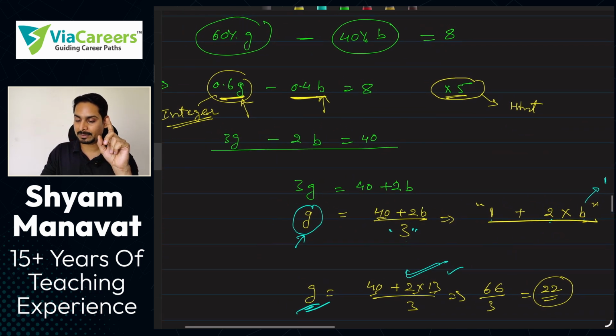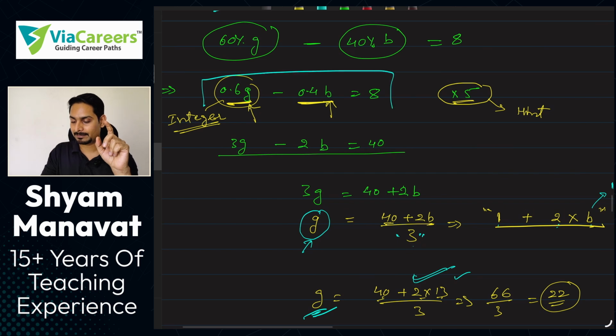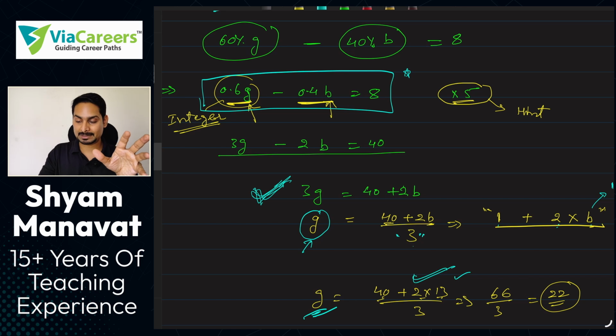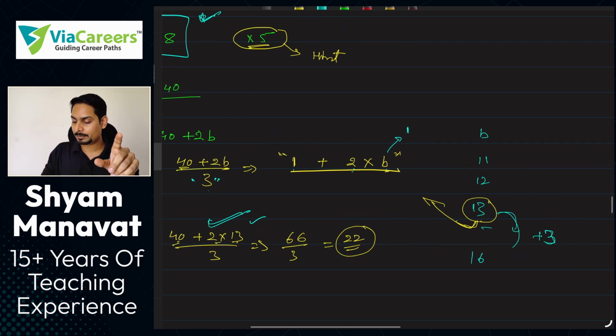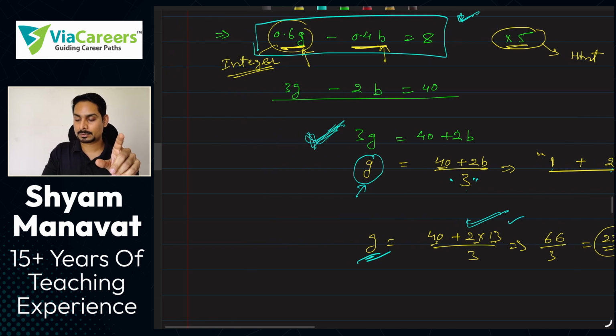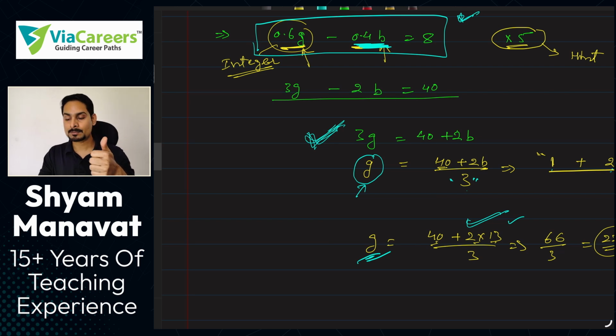Now we also have to take this equation parallelly. So this is your original equation. ये तो हमने 5 को मल्टीप्लाई करके बनाया. This equation we have found by multiplying 5. But this is original equation. It means that if you substitute b equal to 13 over here, so 0.4 into b, these many boys are remaining in the class. Remember the question? So the number of boys who are remaining in the class should be in integer form.